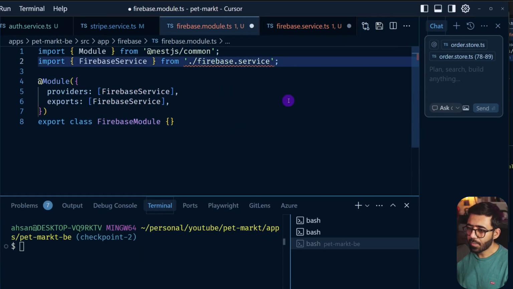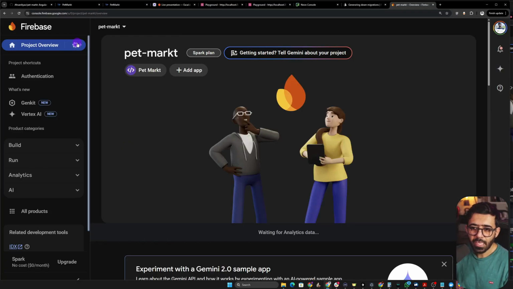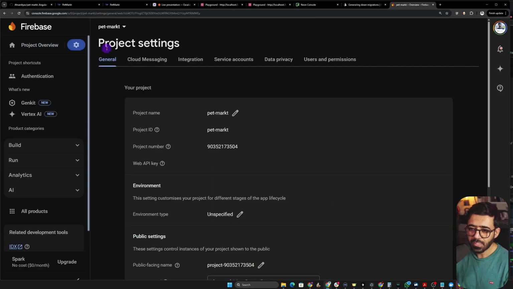Now here it says Firebase service is not there in the module file. So I'm just gonna bring this back again and it looks good. Now we are going to go back to our Firebase console and you need to go to the settings. So go to project settings, and here you are going to see that we have service accounts, and then you